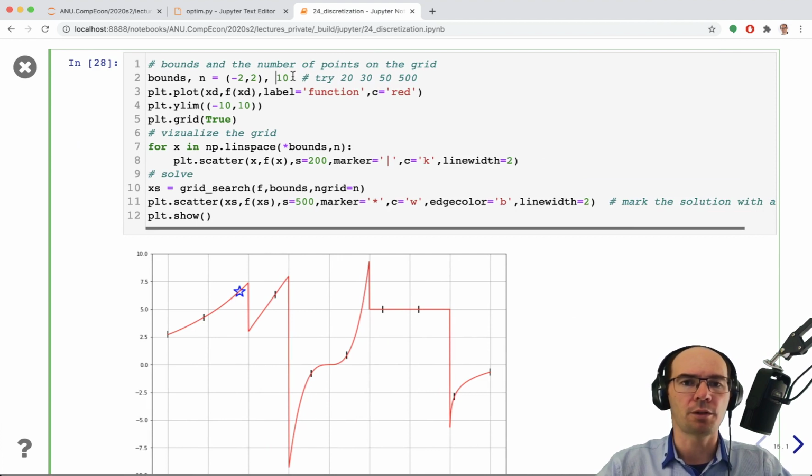And here we are. If we call it between -2 and 2 with 10 grid points, here are the grid points. You can see them in small black lines. And to put a star on the x star, after the problem is solved with grid search, we also put a marker, a star, an asterisk, where the solution is found,